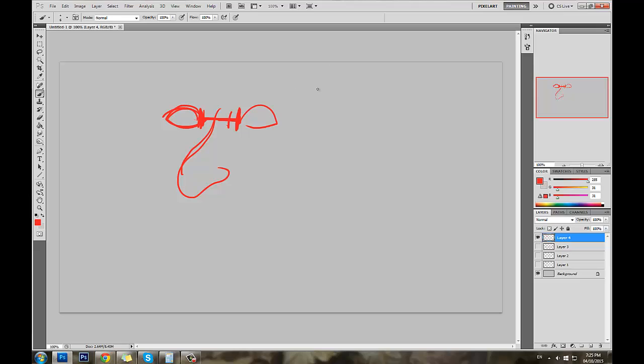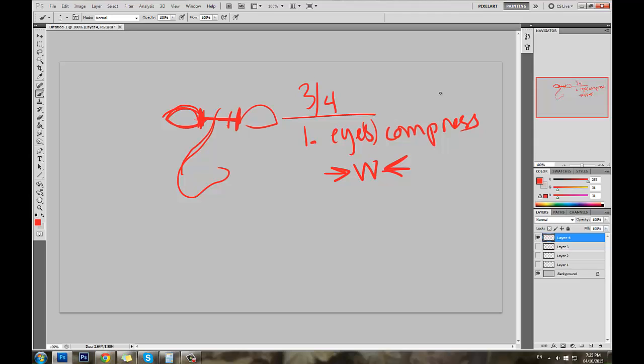So here are the rules. When you do a three-quarter view, what to think about, what to do. Eyes compress widthwise. So it's not eyes plural, it's just one eye. And it's the distant eye. The eye that moves away. And this takes me back to structure and back to form.